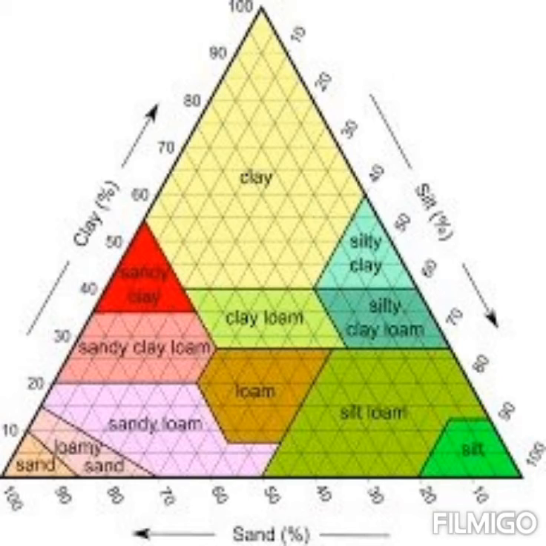If the ball does not fall apart, we will squeeze the ball between our thumb and four fingers to form a ribbon until it breaks from its own weight. If no ribbon forms when the soil breaks and the soil feels gritty, then it is loamy sand, and if the soil feels smooth, it is silt.